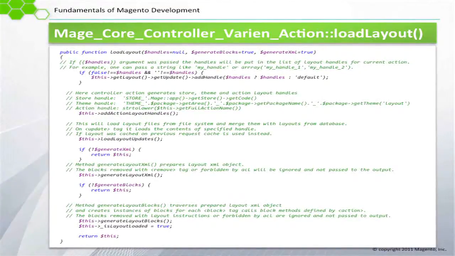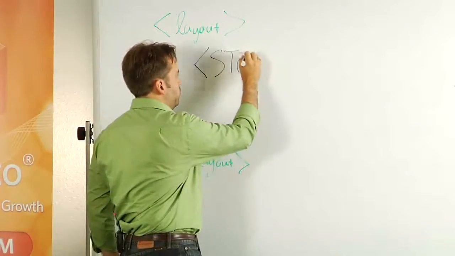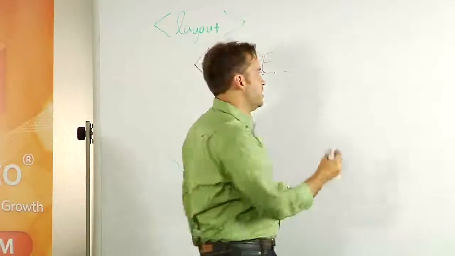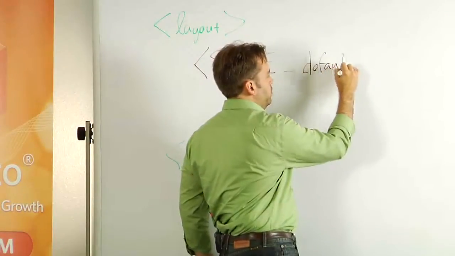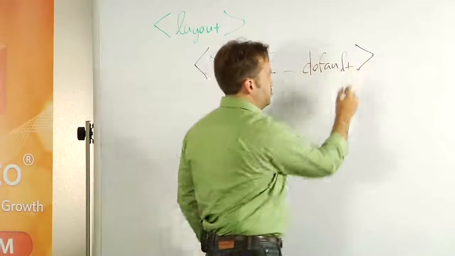So by default, if I wanted to add some layout instructions in my local XML file, I could actually specify a store code. So this one's automatically generated, store, and then store code. So for my English, it would be default,